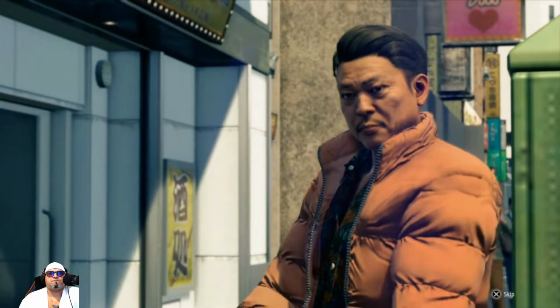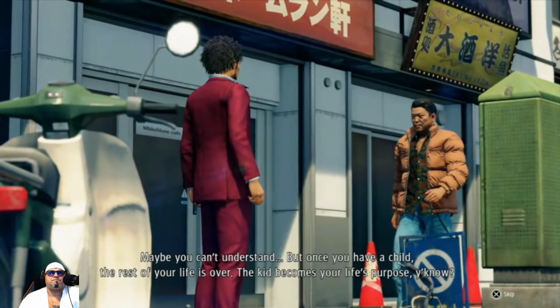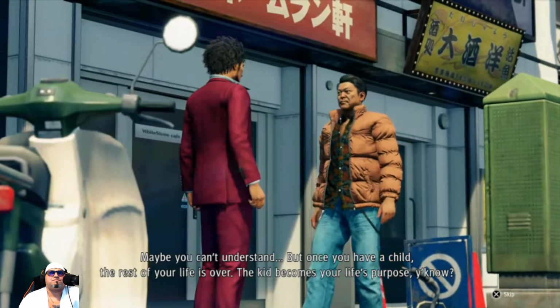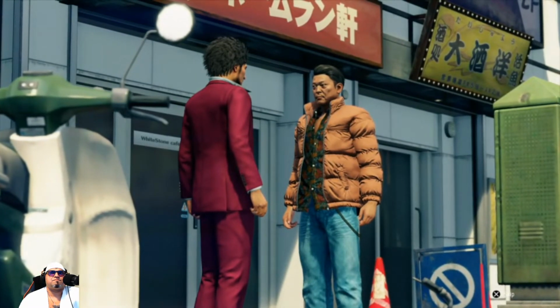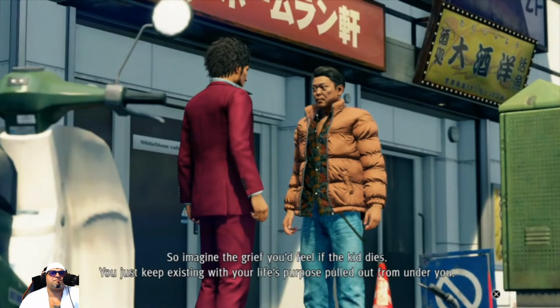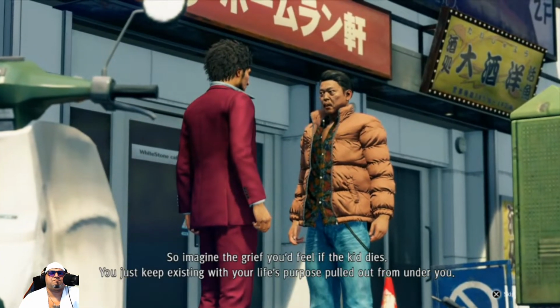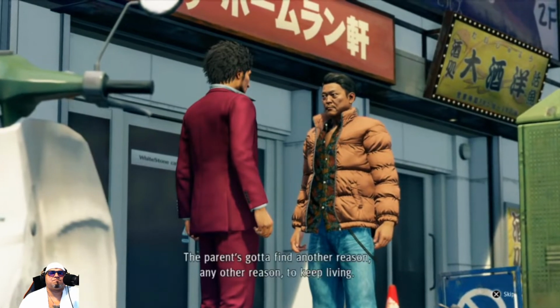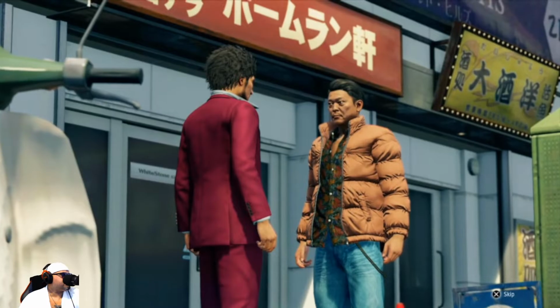You don't. Maybe you can't understand, but once you have a child, the rest of your life is over. The kid becomes your life's purpose, you know? So imagine the grief you'd feel if the kid dies. You just keep existing with your life's purpose pulled out from under you. The parents gotta find another reason, any other reason, to keep living.